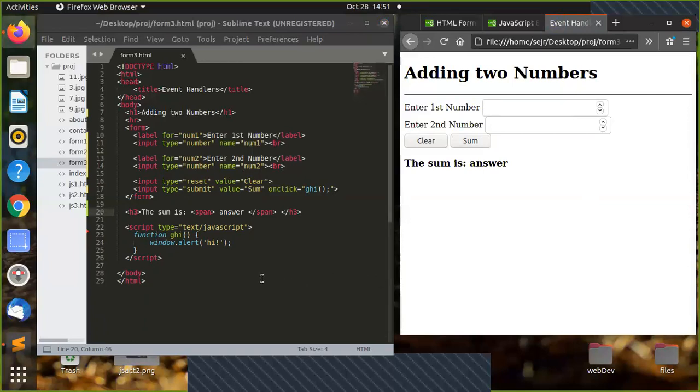Okay. Now, what we're going to do is when we click sum, the answer should appear here in the word answer. The sum is, and the answer will be displayed at this location in the word answer. Okay. So in order for us to get the data from this element,